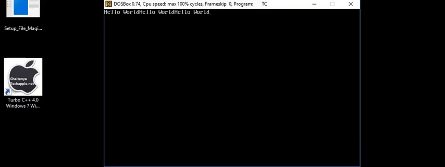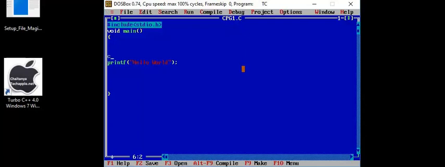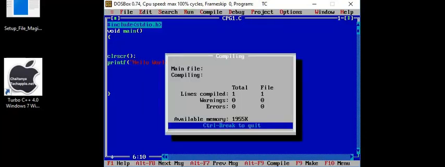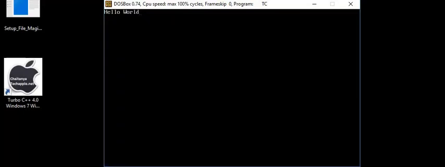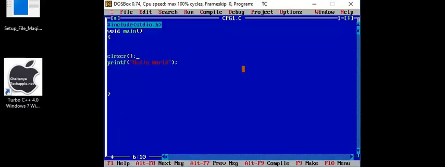Oh, very good. But I'll tell the machine to please clear the screen first. clrscr. First it clears, then it prints. Run the program. Now Alt F5. See here, only once you find the first screen is cleared, then the machine has displayed the message hello world. Oh, nice. Now every time I don't want to press Alt F5. That's why I enter getch. To get one character, the machine will wait. Meanwhile, I read the result.